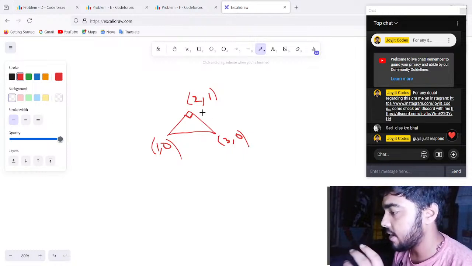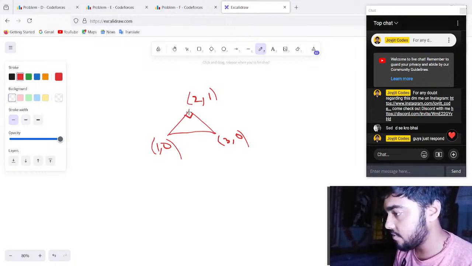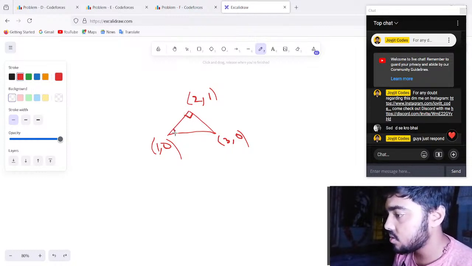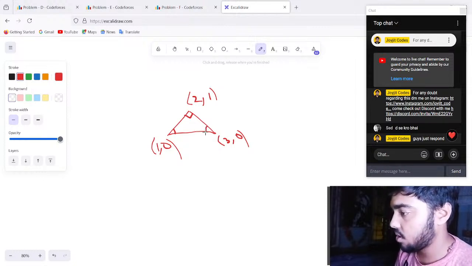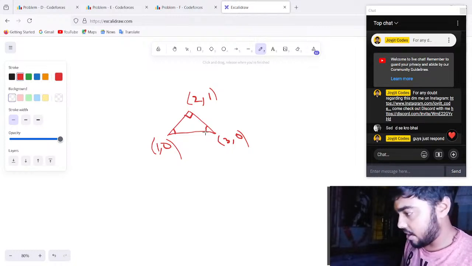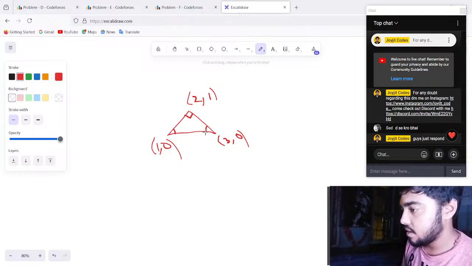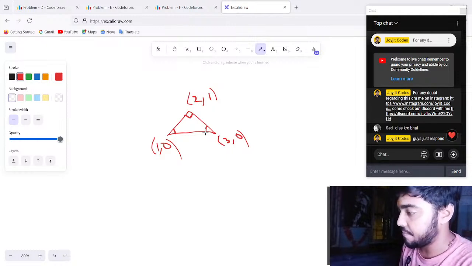this is very much clear that if it is not directly straight, so if this was straight, it would have been a different thing, but it is not straight, because if it would have been straight, the 90 degrees would be over here, right? But the 90 degrees is at this position only. So when it's at this position, we are not sure about these two angles, what these two angles are going to have, okay? But if we look very carefully into this, since all the values are integer, okay,